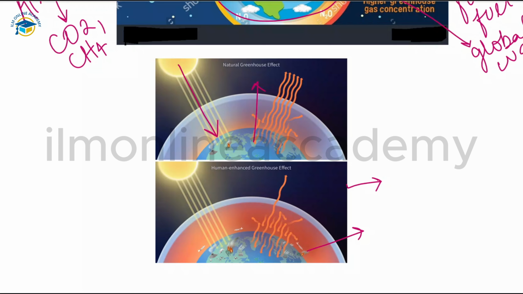Next, the wavelength of this radiation falls within the infrared part of our electromagnetic spectrum, and greenhouse gases like carbon dioxide and methane absorb the infrared radiation and re-emit it in all directions. You can see here, they are re-emitting those infrared radiations. Whenever they re-emit in all directions, some comes back towards the earth's surface. This reduces the heat loss to space and also increases the temperature of our lower atmosphere.